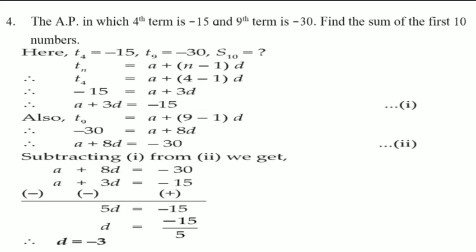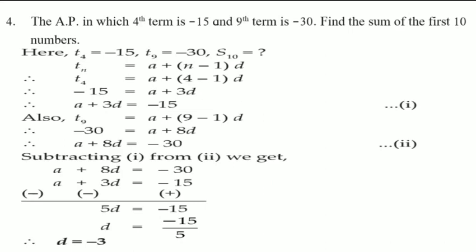So you know the formula of Sn. That Sn is equal to n upon 2 inside the bracket 2a plus n minus 1 outside the bracket d. So if we want to find out the sum, we must know the value of a, we must know the value of d, and we must know the value of n. Here n is known to us, n is 10, but we don't know a and d. So like previous sum here, we have to make use of the given two conditions and we have to find out the value of a and d first, and then we can find out S10.